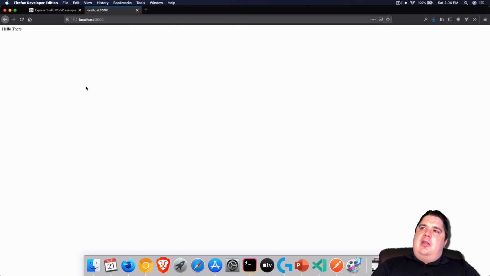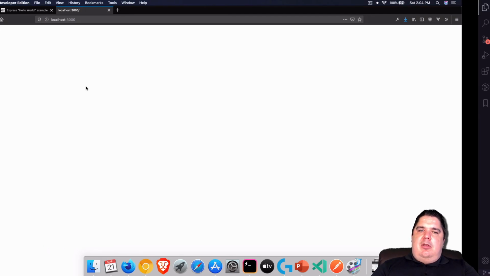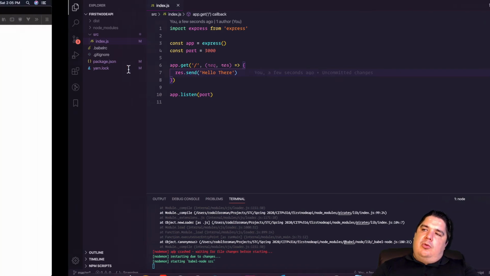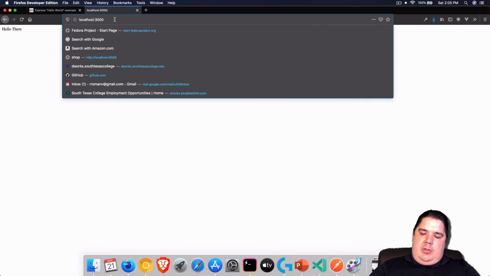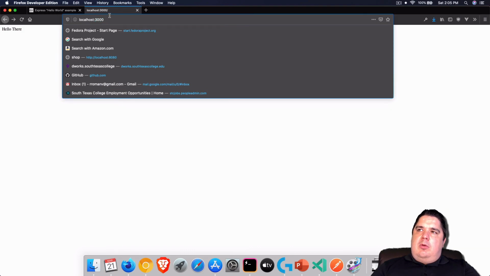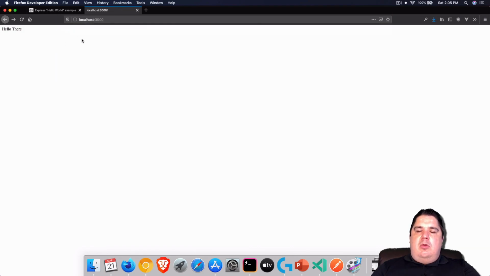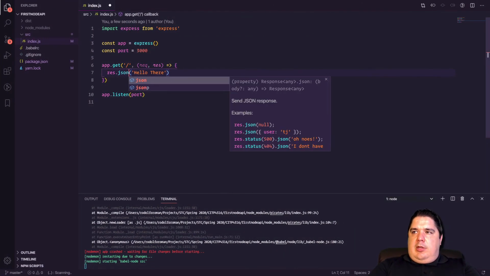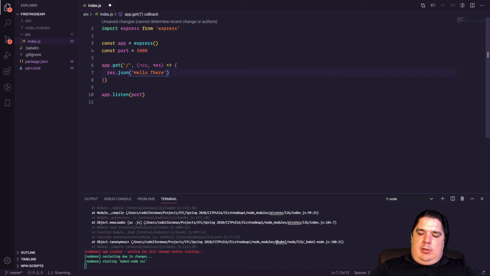This doesn't look like an API. That's really easy to fix. So let's change that, because I'm doing a GET request to the root. If I do something extra, it cannot get it because it doesn't find it. That's why when the browser does the request, it's getting that. So let me actually change this to a JSON format,